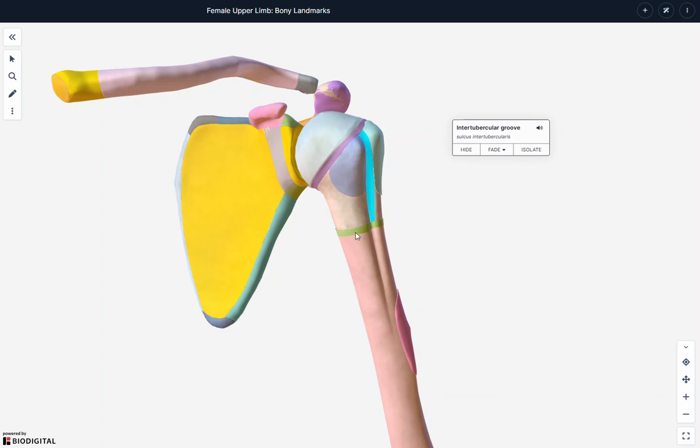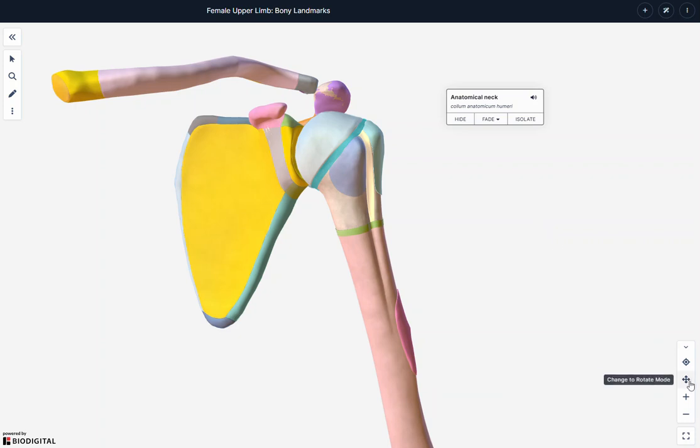This little green line here shows us the surgical neck of the humerus, and this purple line up here going across the humeral head is called the anatomical neck of the humerus. These are very important pieces of anatomy that you need to be able to identify and know, because when we start to turn our arm